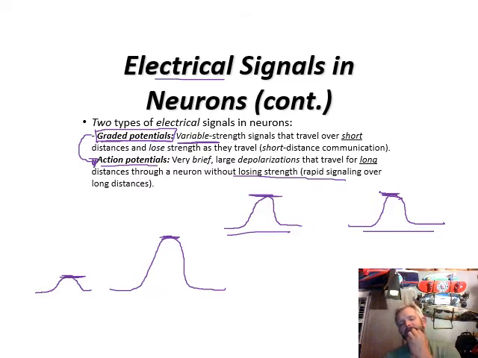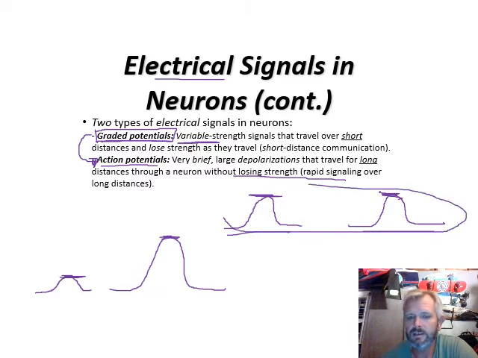Okay, I know it looks a little funny here with my sad drawings, but we'll show you some pictures and show you some diagrams to get you clear on what I'm talking about here, the difference between graded and losing strength, and the action potential being all or none and also not losing strength along the way. Okay, but we're going to start with the graded potentials because this is going to be the cue to get us to